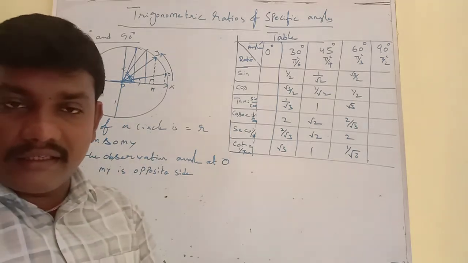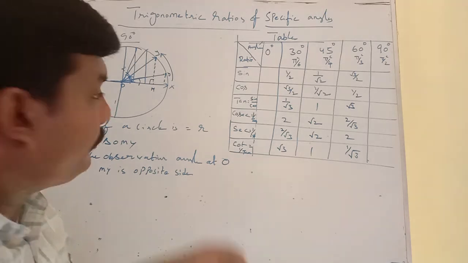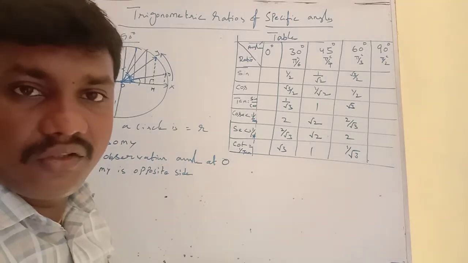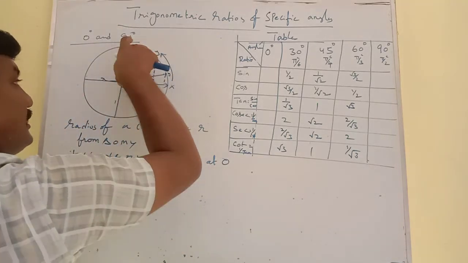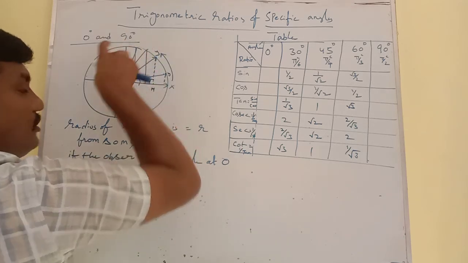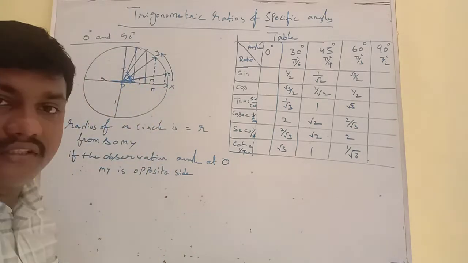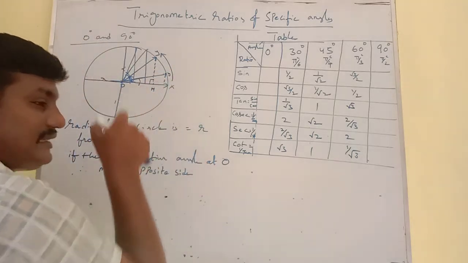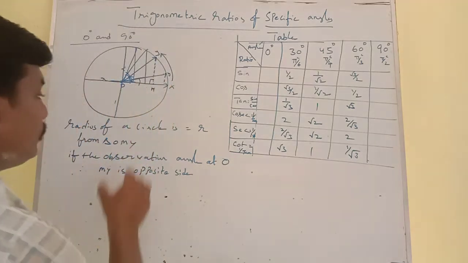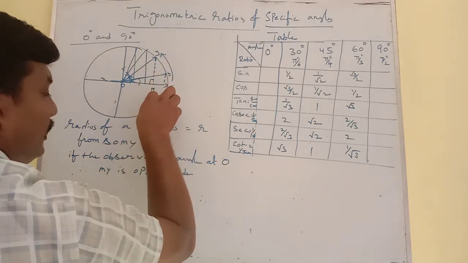When the ray is towards the x-axis, the length of the perpendicular decreases. The length of the perpendicular increases when the ray approaches the y-axis. If it is exactly on the y-axis, the length of the perpendicular is equal to the radius. If the final ray is exactly on the x-axis, that means the angle does not form. The angle has not started. So in this situation, the length of the perpendicular decreases and is finally 0.